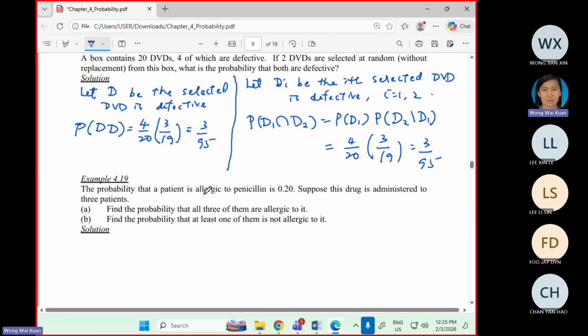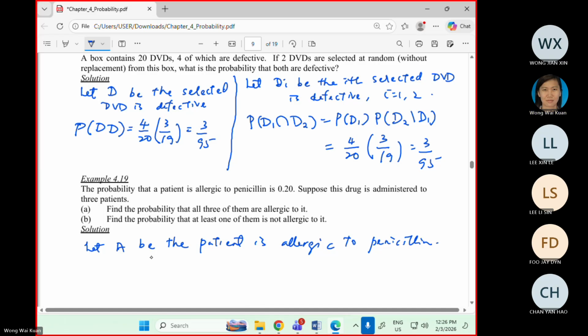The probability that a patient is allergic to penicillin is 0.2. Suppose the penicillin is administered to 3 patients. Find the probability that all 3 are allergic to it. So now, if I let A be the patient is allergic to penicillin,